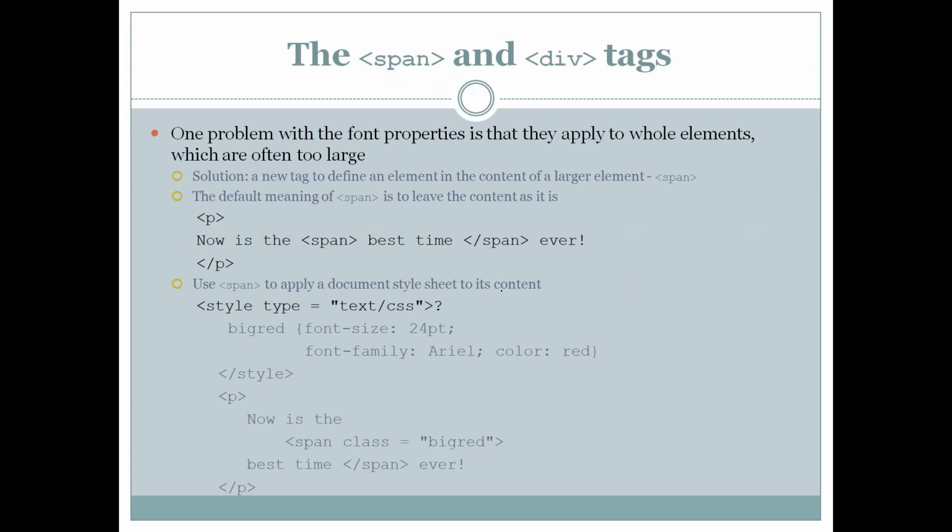We will also study today two more important tags. These are the span tag and the division tag. The span tag is an inline container used to mark up a part of a text or a part of a document. So you can mark a part of a text or a part of a document by using a span tag.